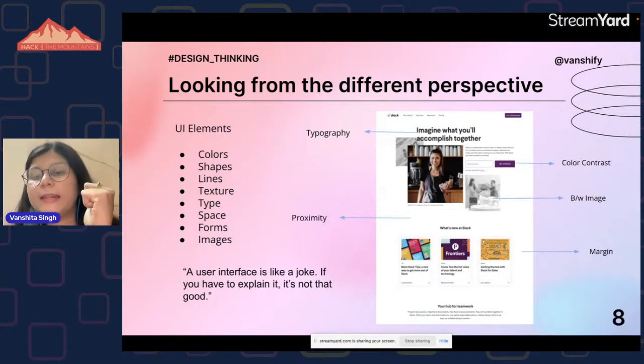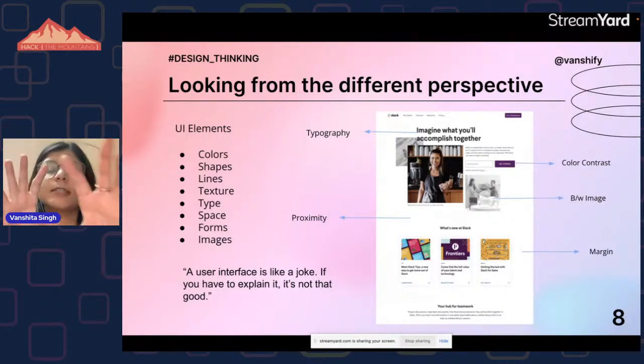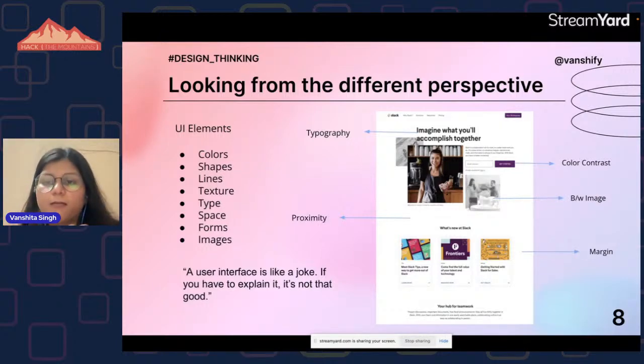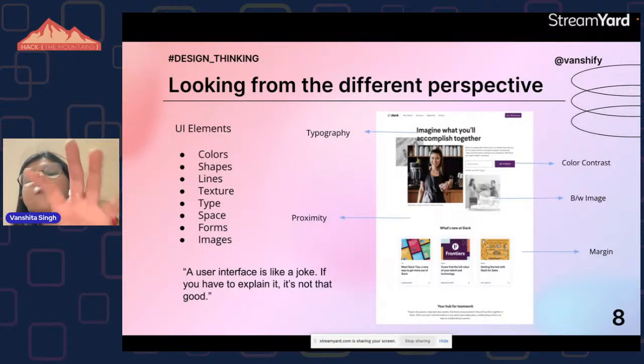You can see that there's a proper color contrast, and there's a black and white image that should not be emphasized. There are two black and white images that should not be emphasized. They are just fillers, as we call them, so they should not be emphasized. So they have kept them in black and white.